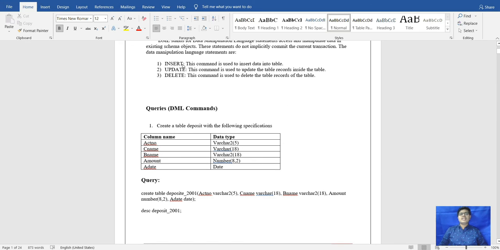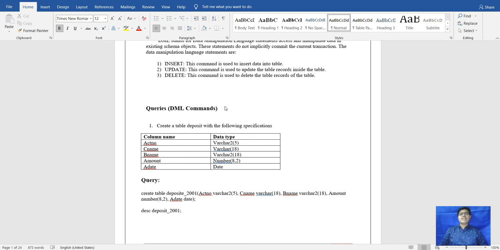The first command that we are going to see is insert. This command is used to insert data into a table. Say we created a table for students and it has entries such as address, phone number, contact and email address. For that we have to take input from the user and store it into the database. For that we use the insert command.